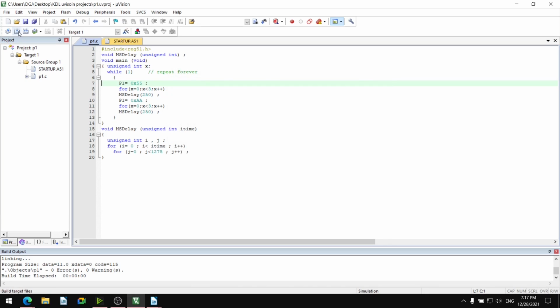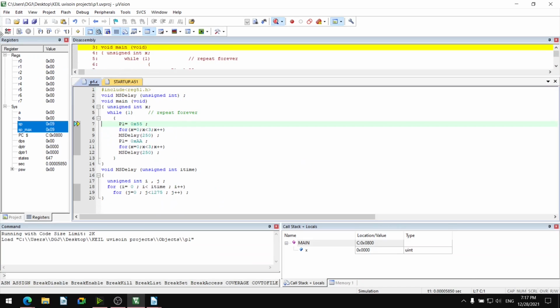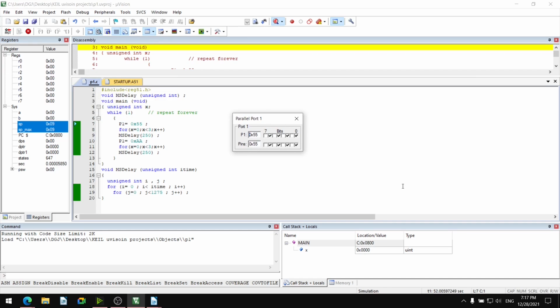Okay, I will save this, build it, 0 warning, start the debug session, start the run, and peripherals, IO port 1. It is 750 millisecond. Let us make it 1 second.